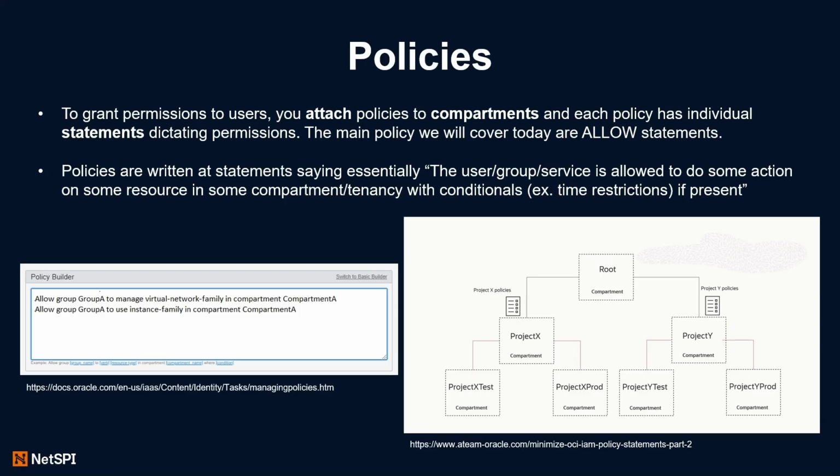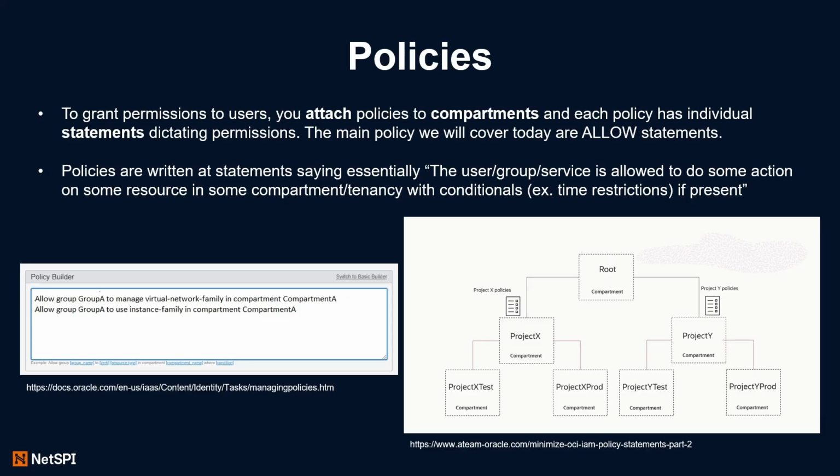All right. And now, speaking of policies, if you come from AWS, you have IAM policies that say what someone is able to do. If you come from GCP, you have GCP bindings that say what user is able to do what. In OCI, it's called policies, and you attach policies to compartments. Each policy has individual statements dictating permissions. There are several different statement types. In this case, we're going to be focusing on allow statements because those are probably the simplest and most used, I would imagine, statement types within policies. You'll notice pretty quickly, and which is kind of weird compared to AWS or GCP, that policies are written as statements that are like lexical sentences.